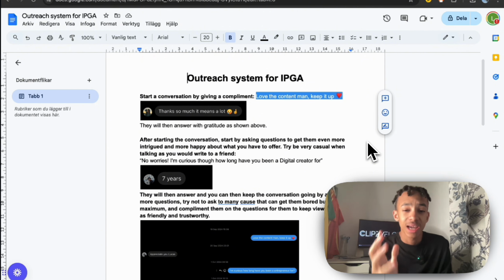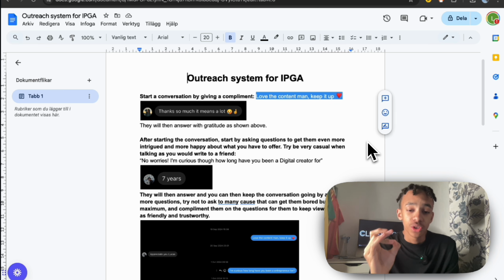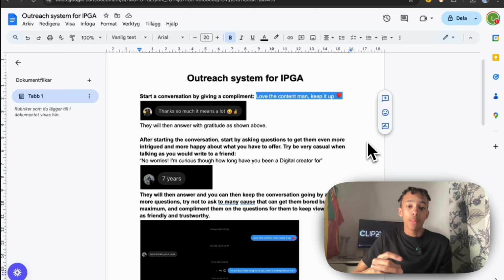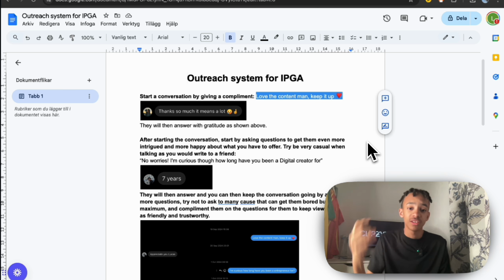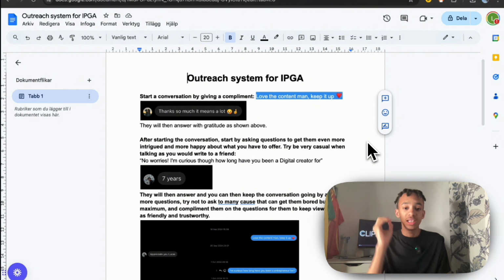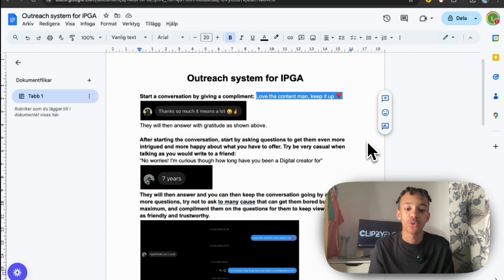Alright, so my entire outreach system, the one I use and am still using to this day. Let's get right into it. I will be giving you guys the entire model down below, every single thing you need, a step-by-step guide to getting started and how to send the DMs. I will also have my spreadsheet for you guys, a setup spreadsheet so you can get started instantly with 100 untapped leads, as well as a lead magnet that you guys can use for your outreach. Anyways, let's get right into it.